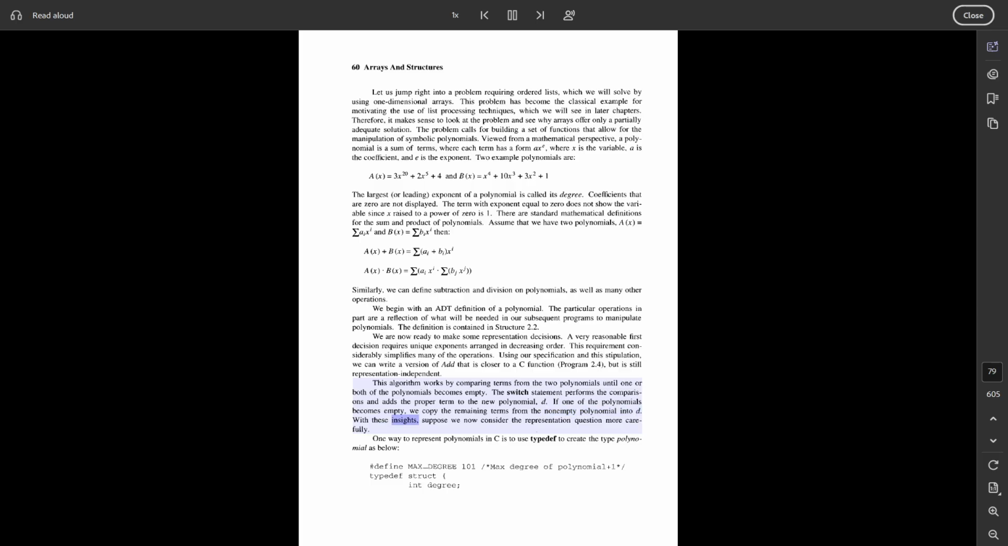With these insights, suppose we now consider the representation question more carefully. One way to represent polynomials in C is to use typedef to create the type polynomial as below. #define MAX_DEGREE 101 /* max degree of polynomial plus 1 */ typedef struct { int degree; float coef[MAX_DEGREE]; } polynomial;